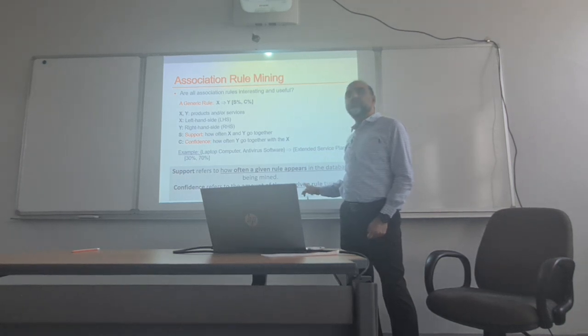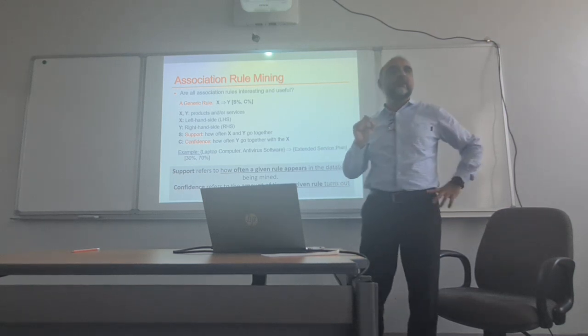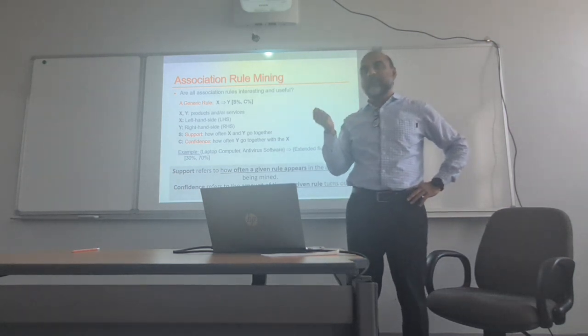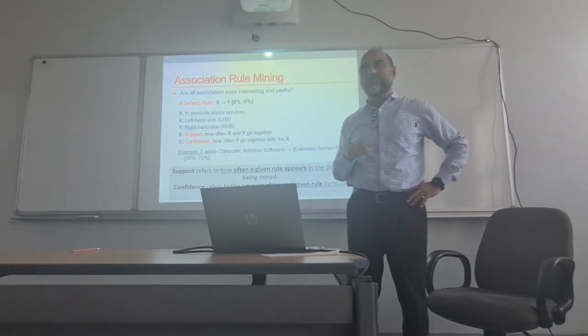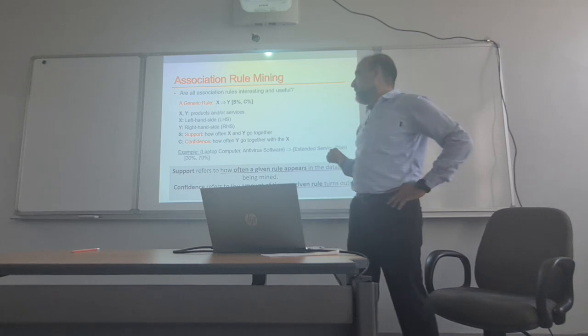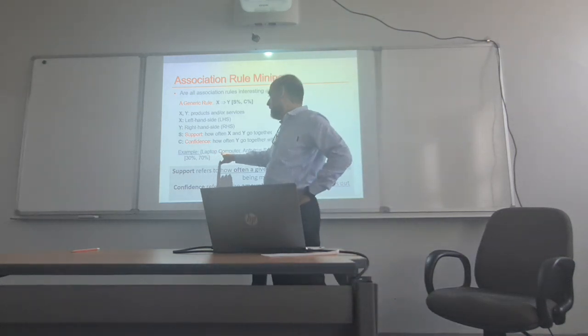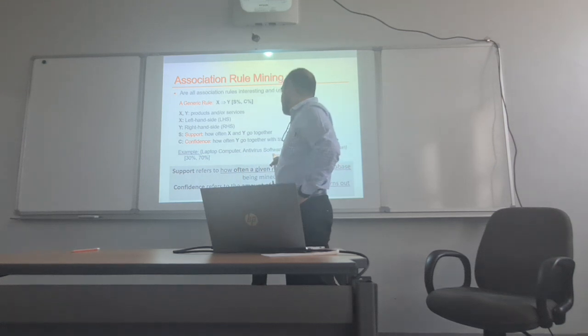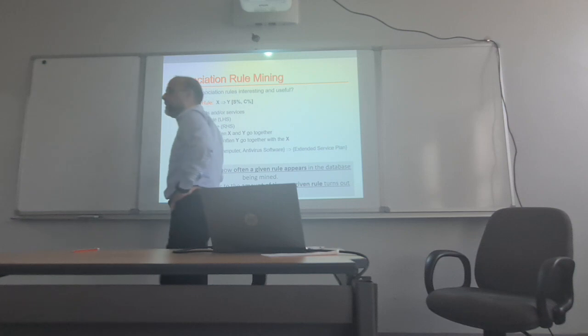How many times does this rule turn out to be true whenever it appears? Meaning that whenever a person buys a laptop and an antivirus, they also agree to buy an extended warranty. So how do you interpret this rule? How do you interpret this business situation? Laptop and antivirus is your X, driving extended warranty. So what does this number tell you?